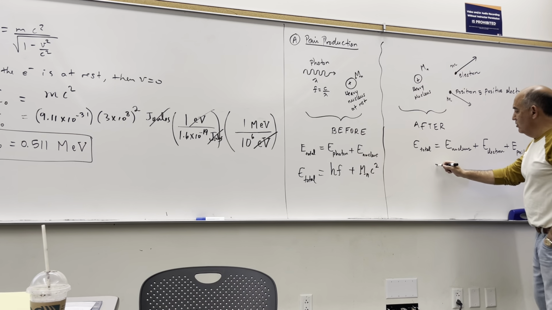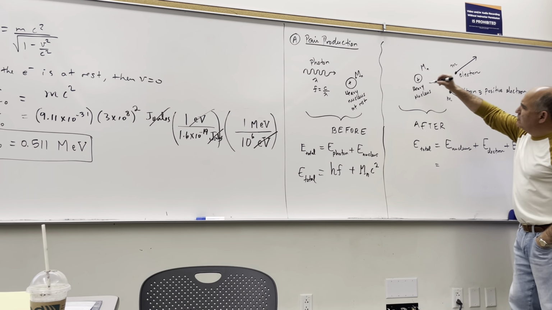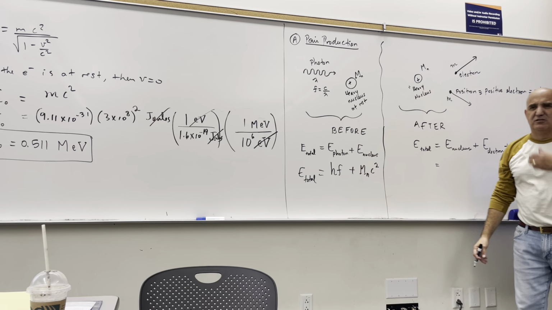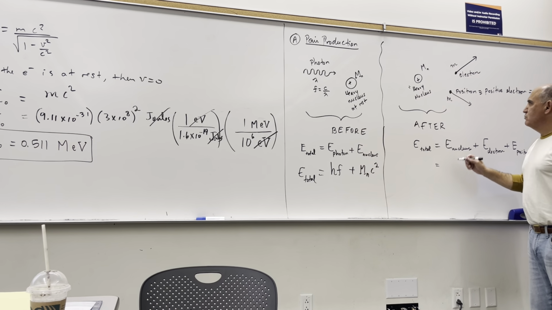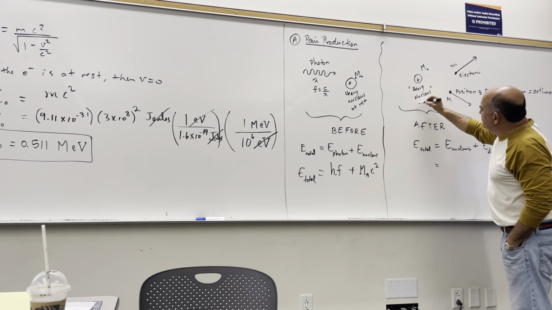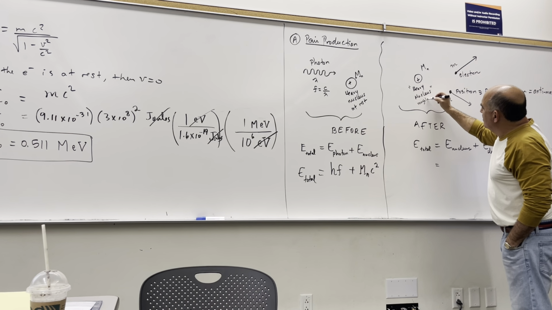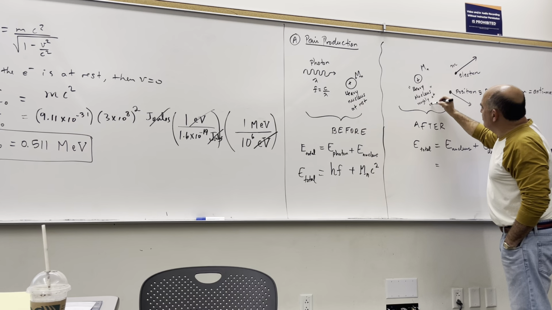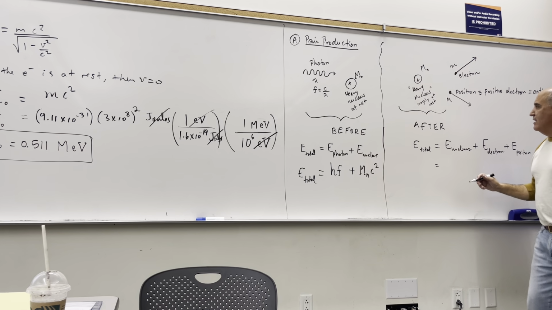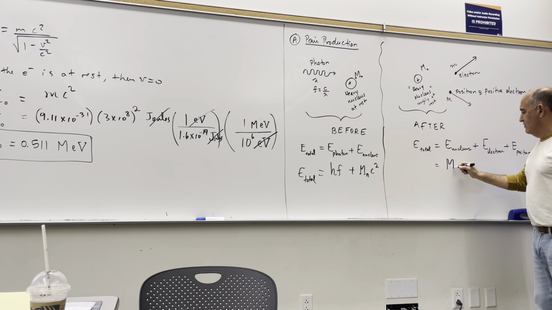But what is the energy of the nucleus? The reason one says it's heavy is because it's not observed to really have that much kinetic energy in it. So it's roughly at rest or moving very, very slowly. It's really there to conserve linear momentum. And so you still have the mass of the nucleus times c squared, plus